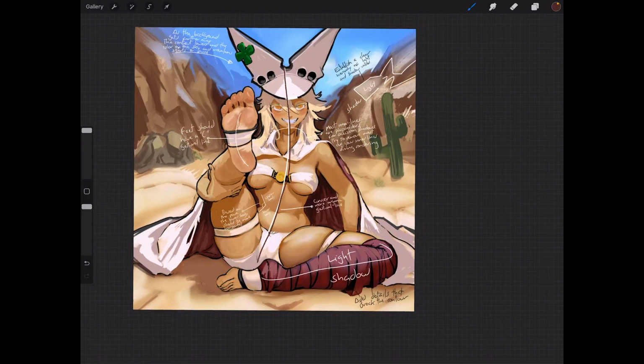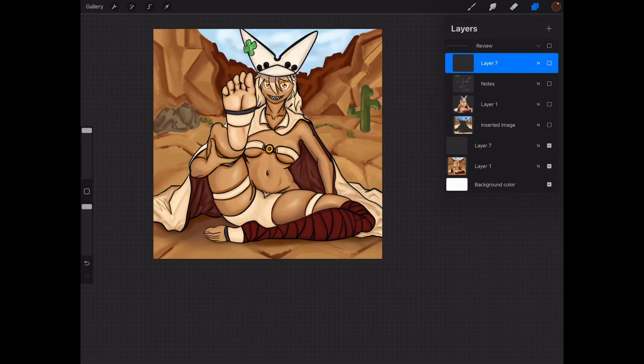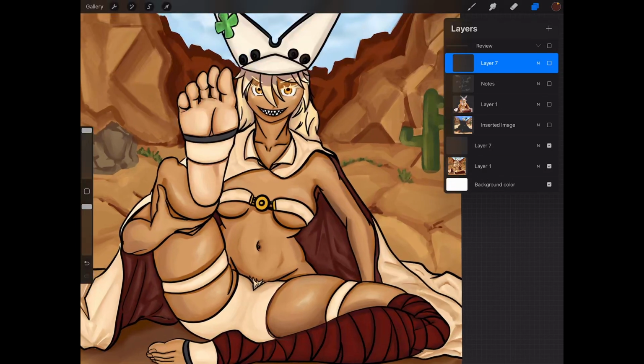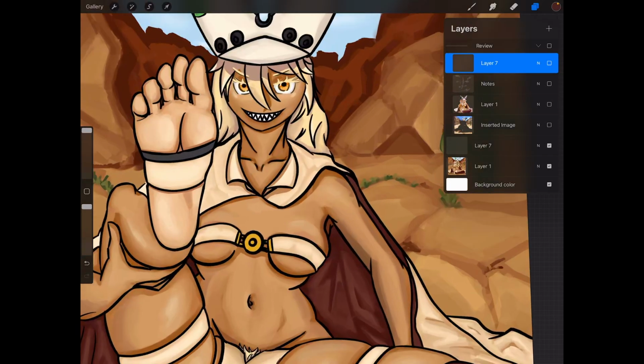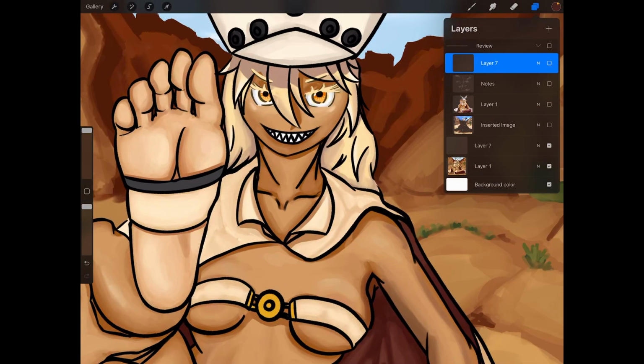Let's see what else. Another thing that's very apparent when you see the original versus the overpaint is that the original has many inner lines. The problem with inner lines when you are rendering like this is that they start to form another function, okay? That function is to be a placeholder for occlusion shadows.